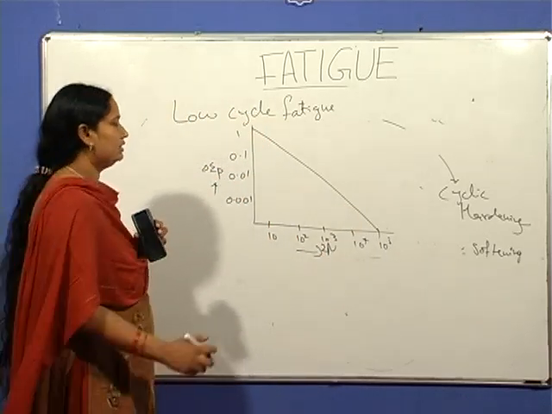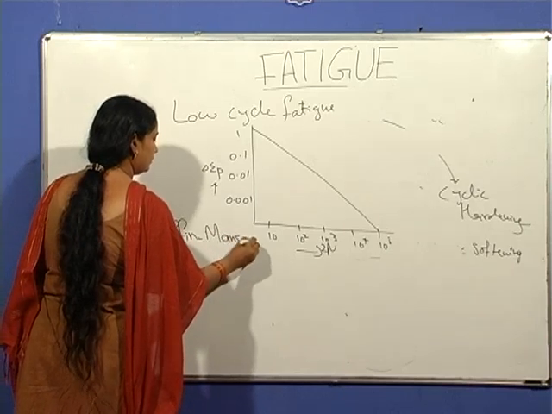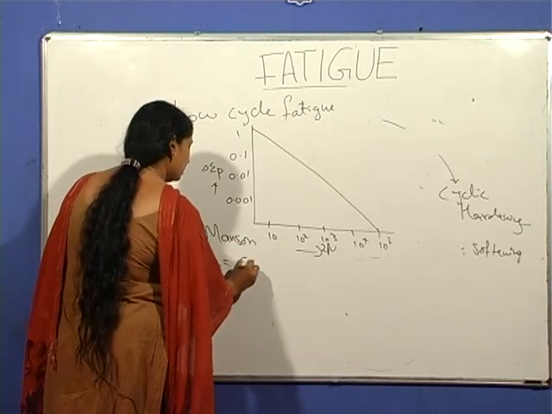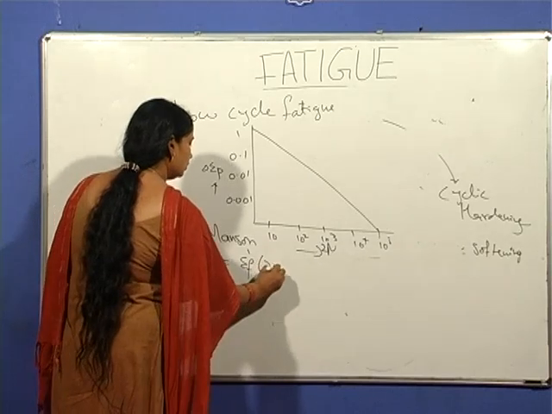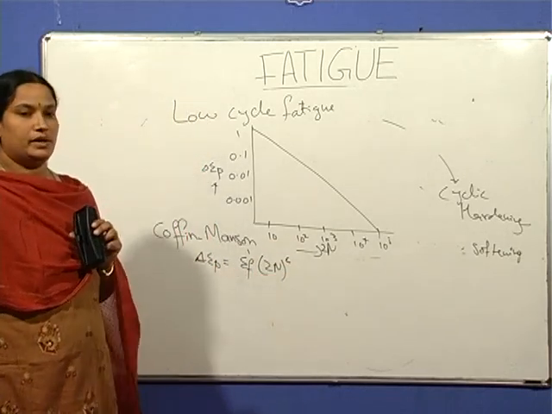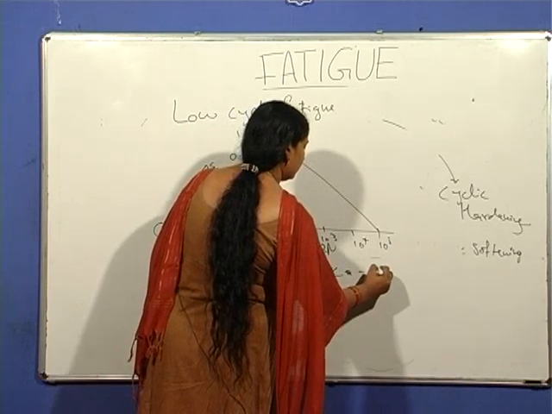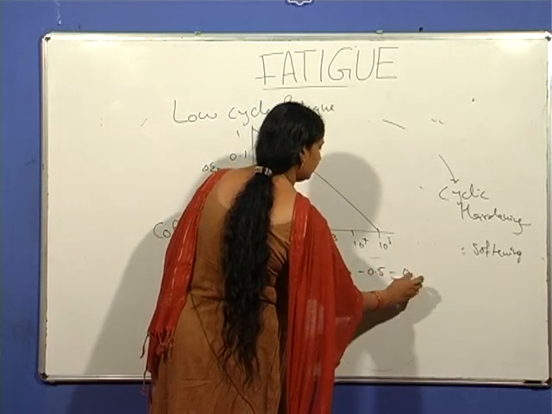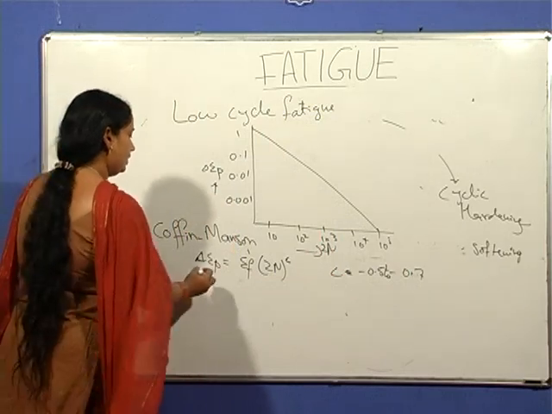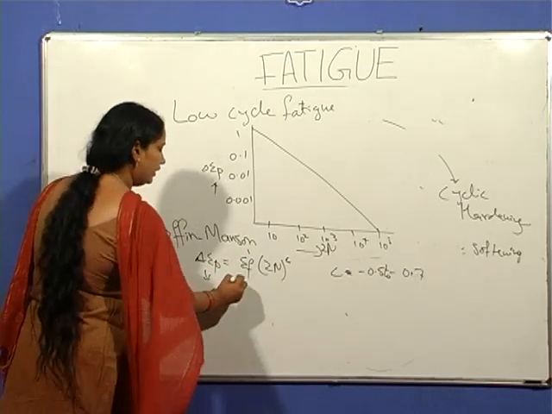This low cycle fatigue is given in the form of the Coffin-Manson equation: plastic strain range delta epsilon p is equal to epsilon prime f into (2N) whole to the power of c, where c is a constant that has values of about minus 0.52 to minus 0.7, and delta epsilon p is the plastic strain range,